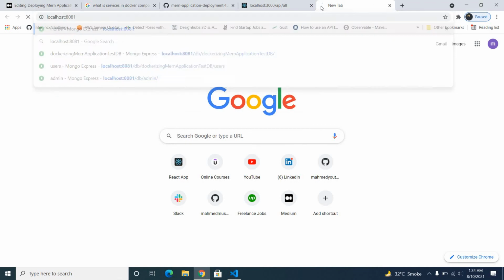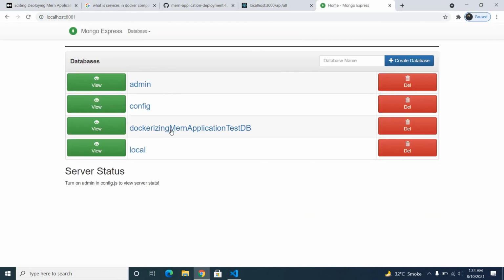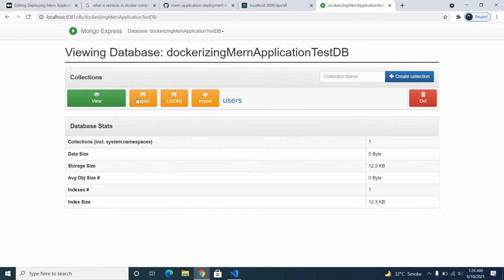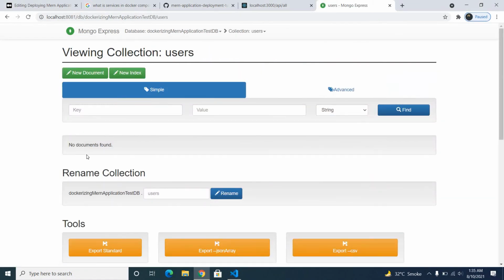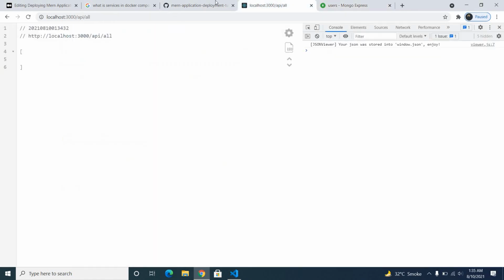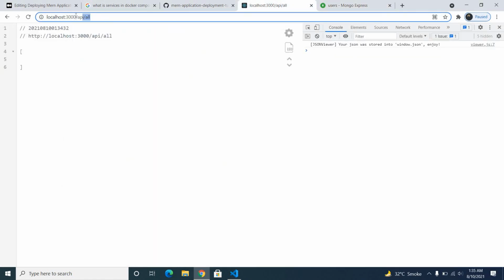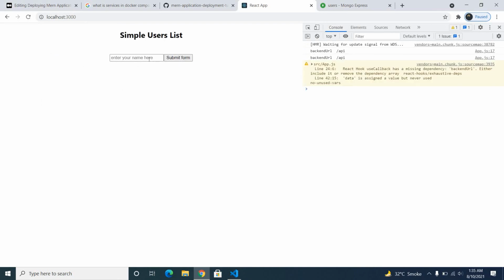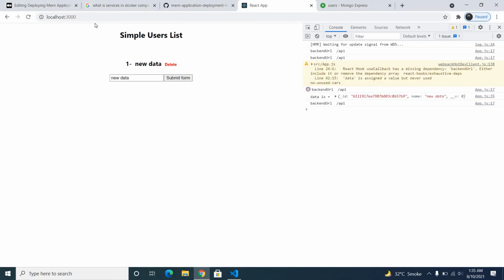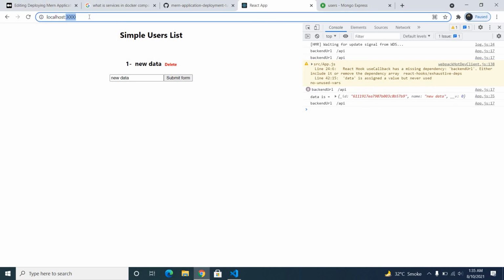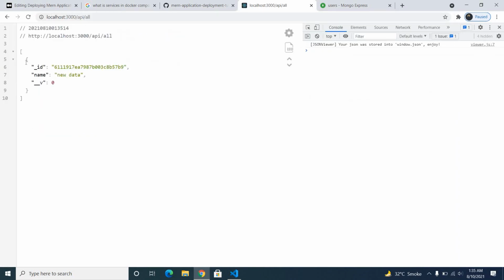Localhost 8081. Now you have Dockerized one application, and now the collection users contains no data, so we need to add new data. Now we successfully inserted new data through the API call, and Yahoo.